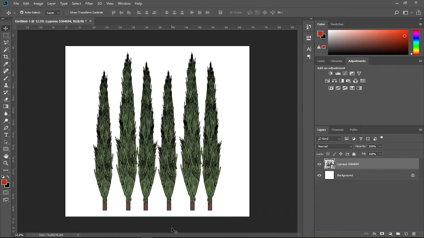Make a selection over the image. Here I use the polygonal lasso tool to make the selection. Or you might also want to choose any other selection tool such as rectangular or elliptical marquee tool, depending on the shape of the subject you are going to select.